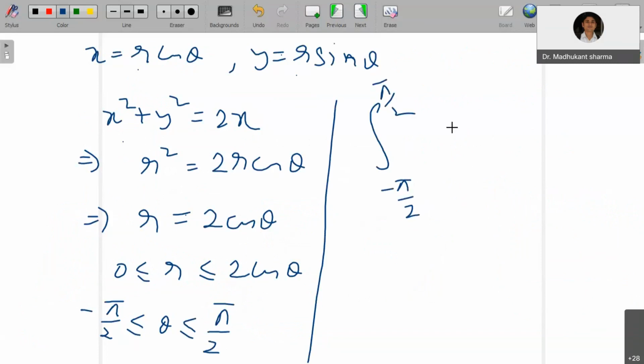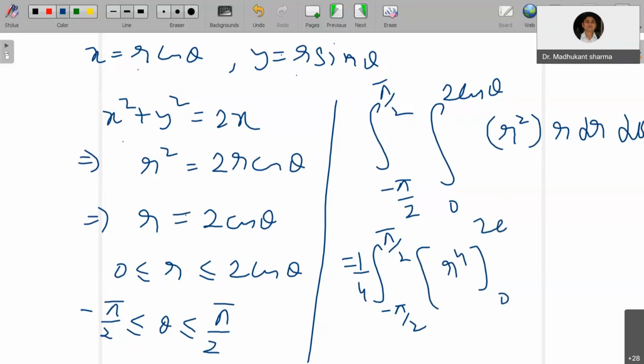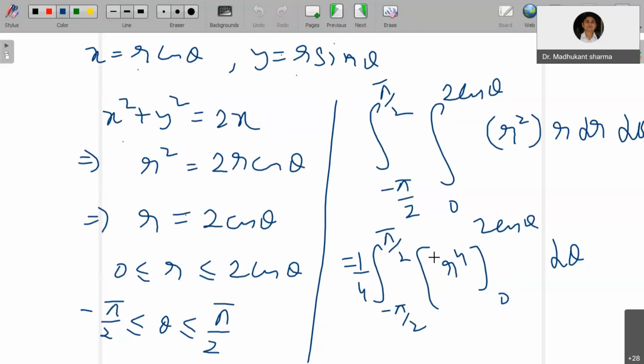Now you have the integral from minus pi by 2 to plus pi by 2, and from 0 to 2 cos theta. Now x square plus y square is r square, times r dr d theta. So now you can integrate further: it is r cube, so r to the power 4 by 4, that is 1 by 4 times r to the power 4, from 0 to 2 cos theta, d theta. Now you know how to solve such an integral, so this implies I equals, since 2 to the power 4 is 16,